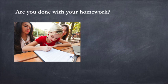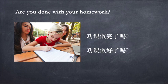We can say, 功课做完了吗？ Is it done and finished? Or 功课做好了吗？ Is it done and ready to turn in? Both are perfectly correct sentences. However, there are times when we can only use 完 or 好。比如 we would tend to say 饭吃完了吗？ Have you